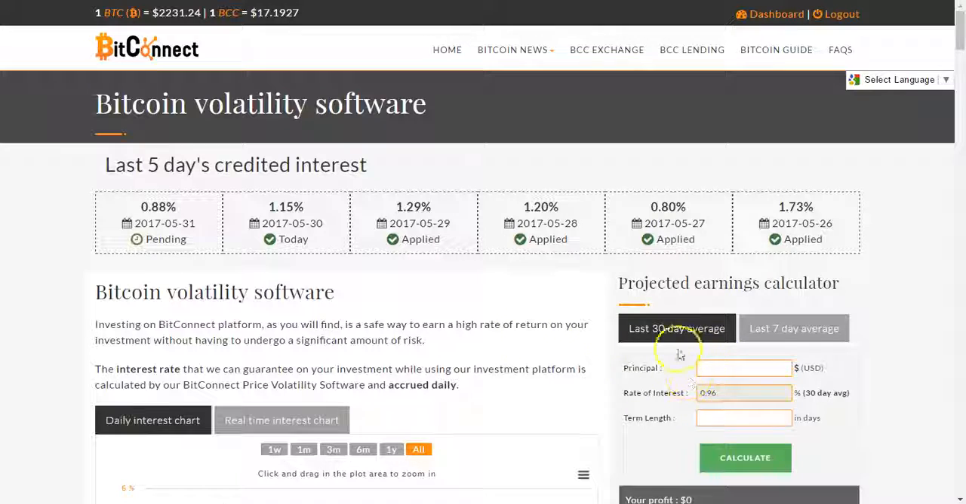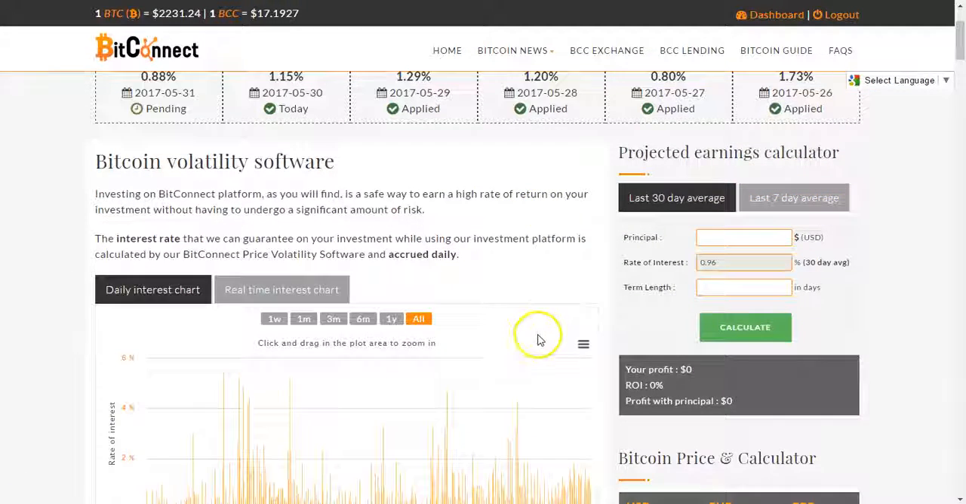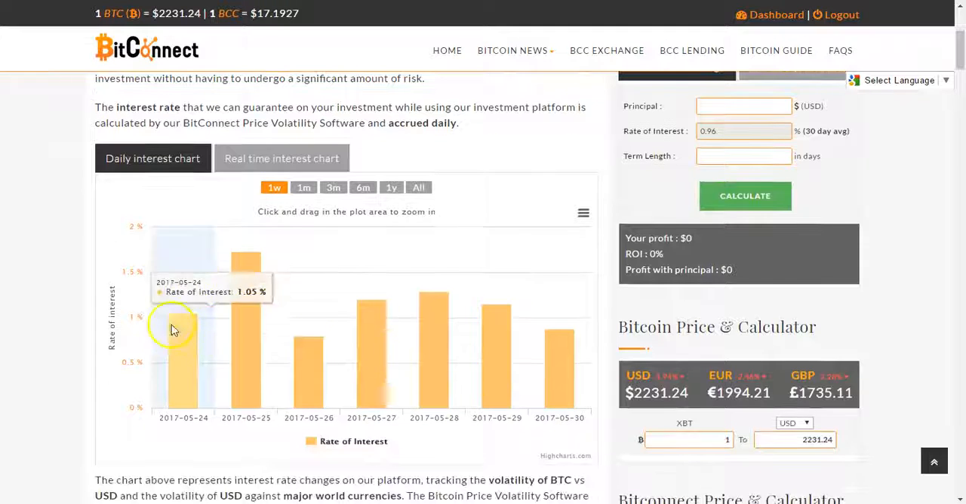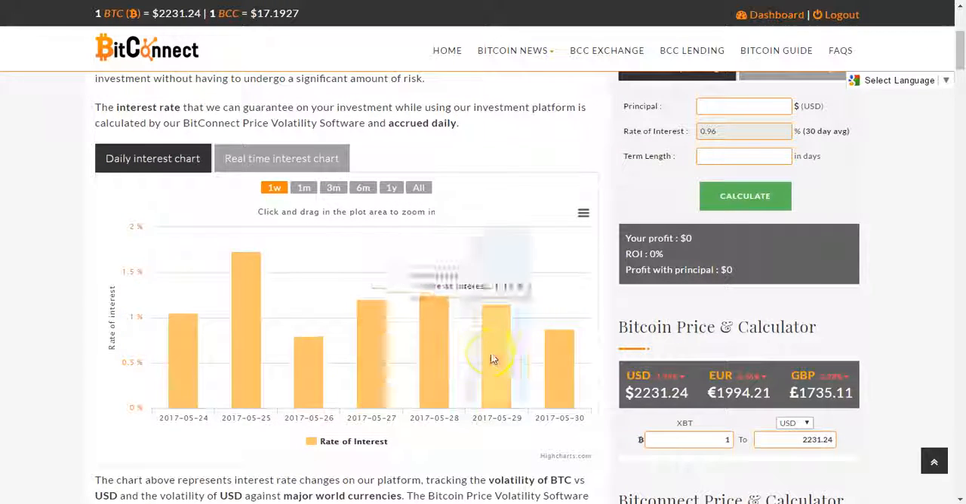Now, they got a little calculator over here. Again, I'm just going to go back to 1 week. And again, it's going to show you that throughout the whole entire week, nothing has gone below 0.8%. And that's really good. And over 1 month,